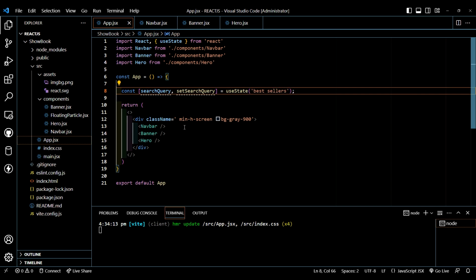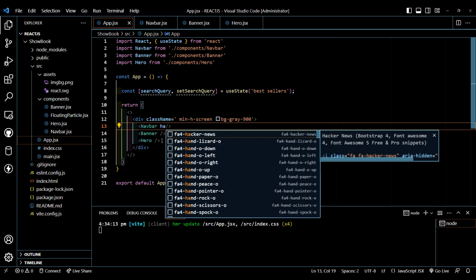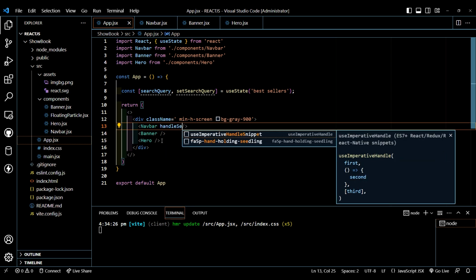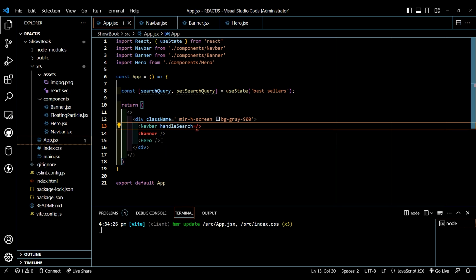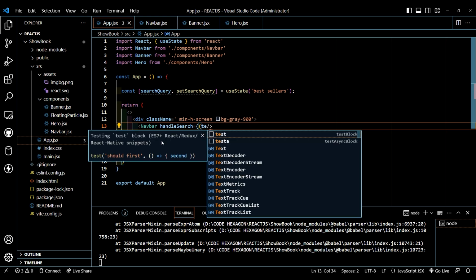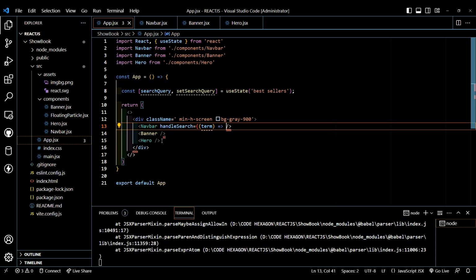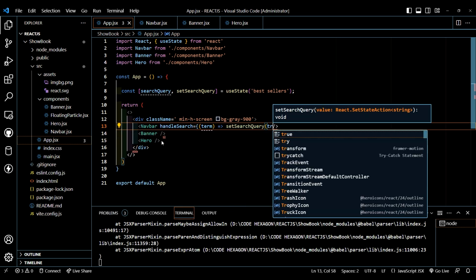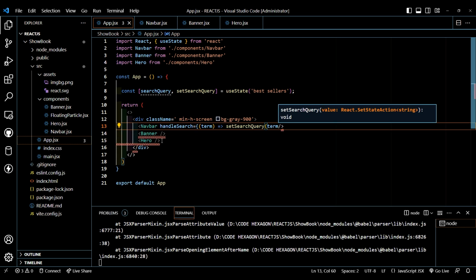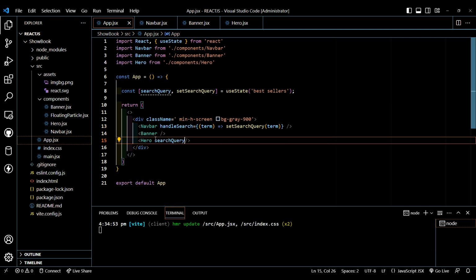Then let's pass this value. handleSearch is equal to term, and arrow function setSearchQuery term. Let's close this. And here let's